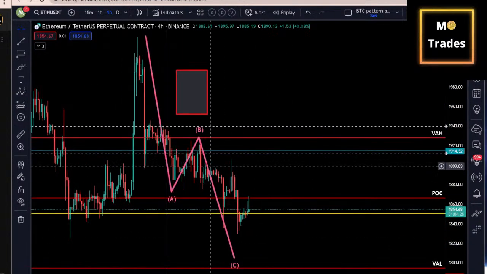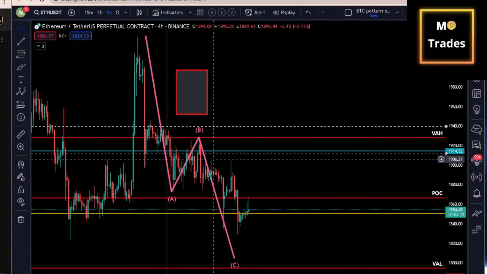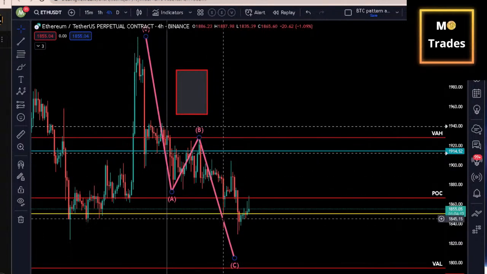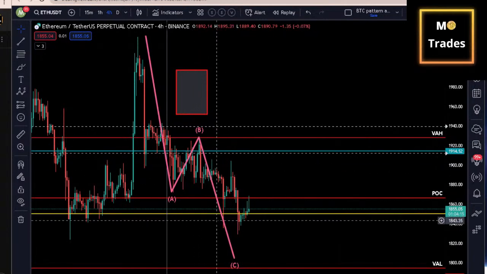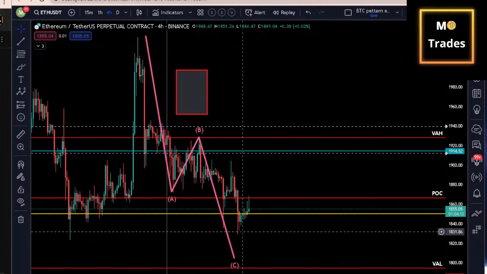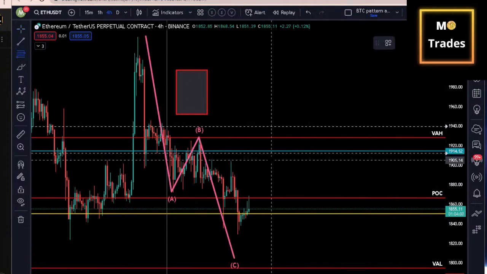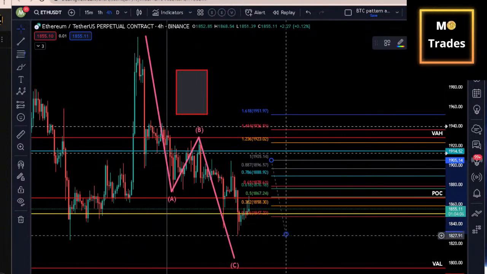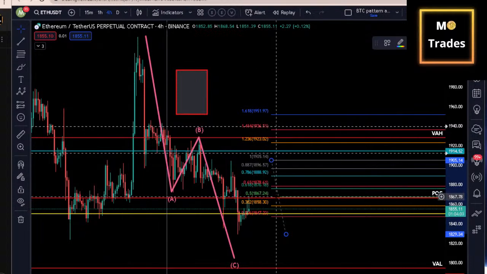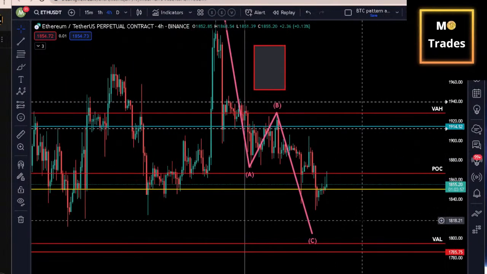And before we went down, we had a 1 that came from down here. I believe this was our 2. This could have been our 3, 4, and 5, or it was a 1, a 2, and this is the beginning of the 3, or it's just a 3 done, and this is our 4. Our fourth wave, if we take it from the top of 3 to the bottom of 3, retraced to the 0.5 fib, you could see it's almost exact at this zone, 1867, and we might be following through to the